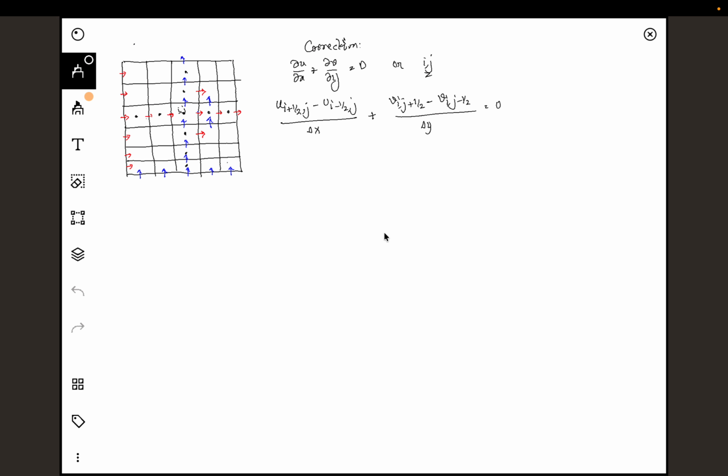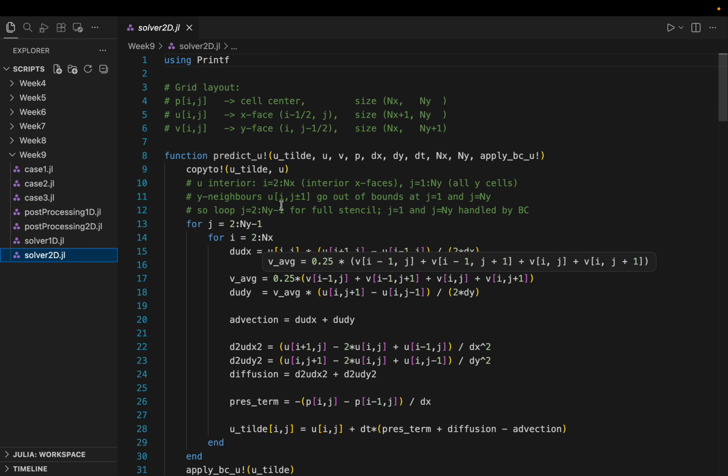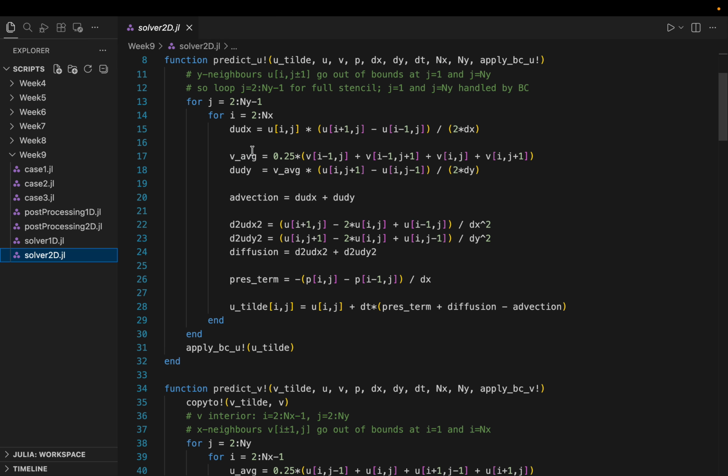So if we were to see how to implement it, let's say in 2D, in the prediction step for u, everything remains the same. The only additional term is this v average that was not there before, which is whatever I showed before, 1 by 4 of the velocities at (i minus 1, j), (i, j), (i minus 1, j plus 1) and (i, j plus 1). So we will take the average of these velocities, and from that we will calculate